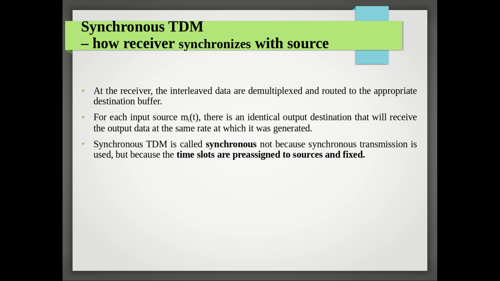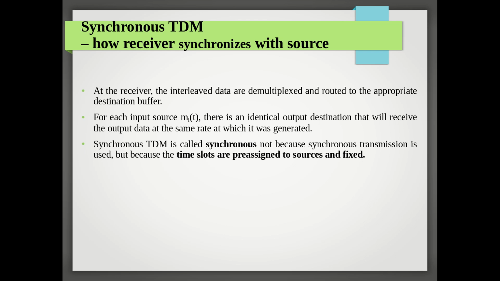So whenever the frame is being received at the receiver side, we already know this time slot length in advance, and we will also see how we are fixing the slot length. Once we know the slot length, whenever the receiver is receiving a frame, it will take the data till it reaches that slot length, and if it is slot 1, it is given to destination 1. Now the next slot's data will be delivered to destination 2. So like that it will properly do, and that is how the synchronization is achieved, in the sense the slots are